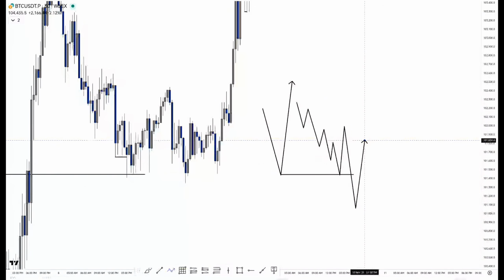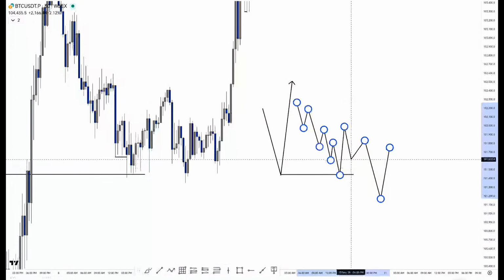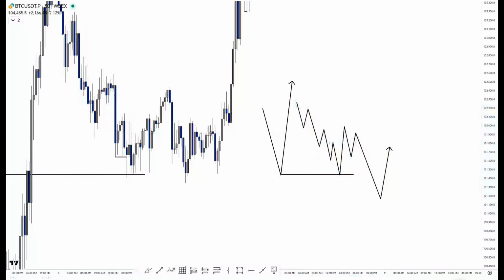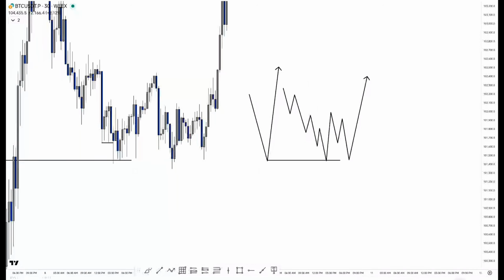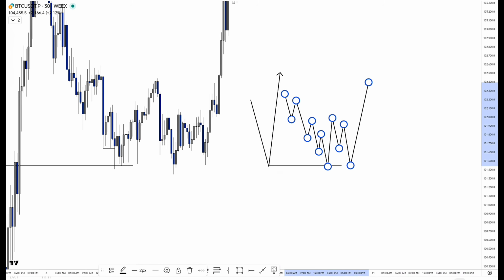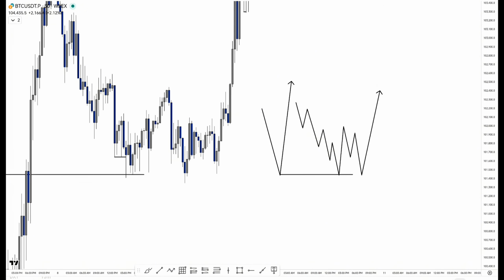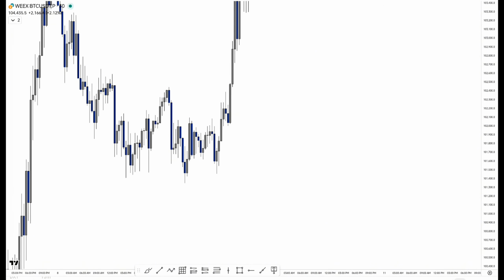So what do I mean like this? You have to wait for something like this. After a break of structure, you anticipate a pullback like a liquidity level, then an ABC pattern to move to the upside. So this is the best scenario for what you're looking for, or even a KMA level, as the case may be. This is the best scenario. But if you're not seeing anything that looks like this, don't try to force it, because